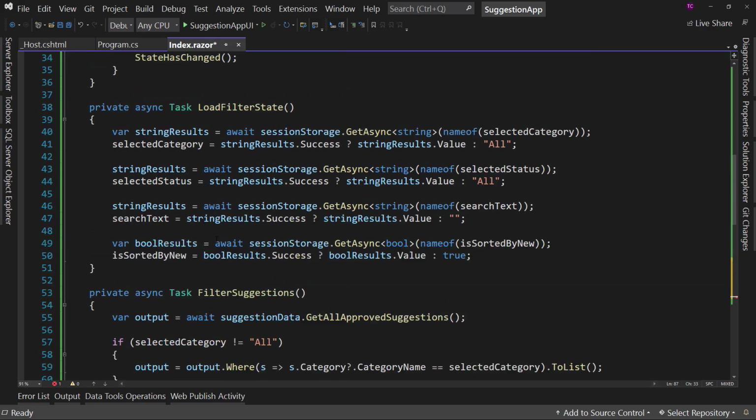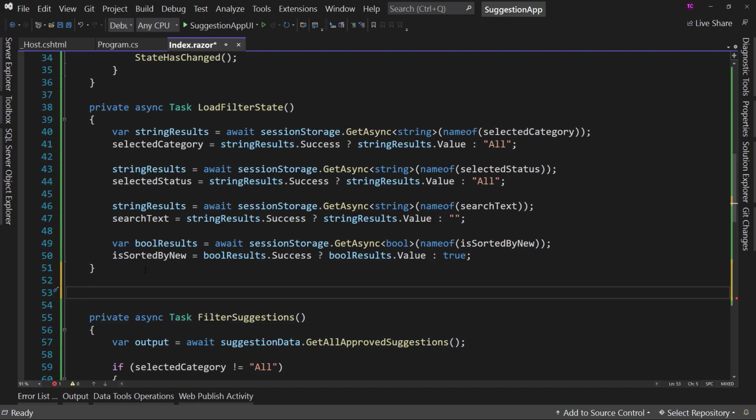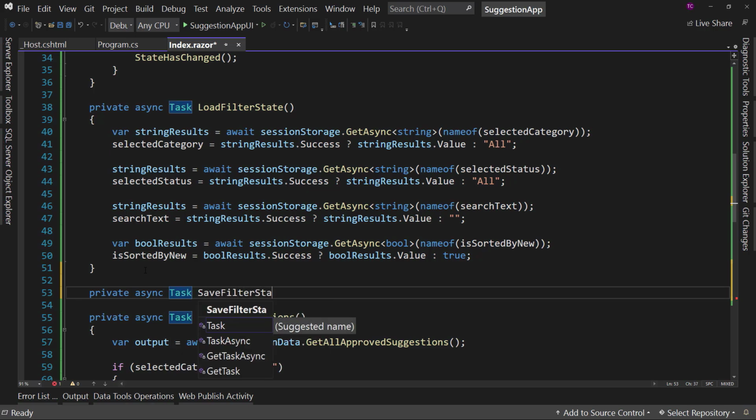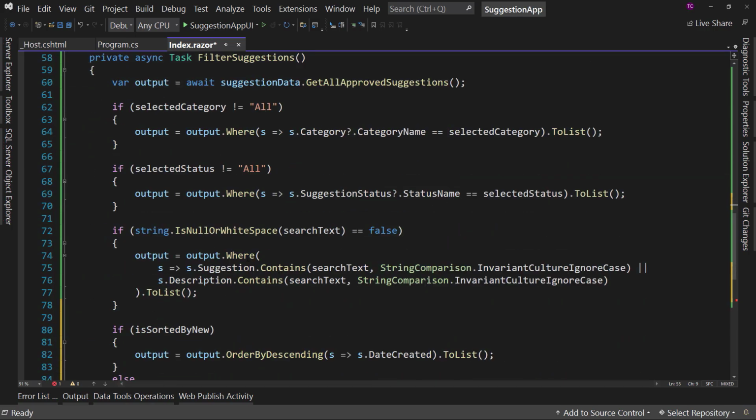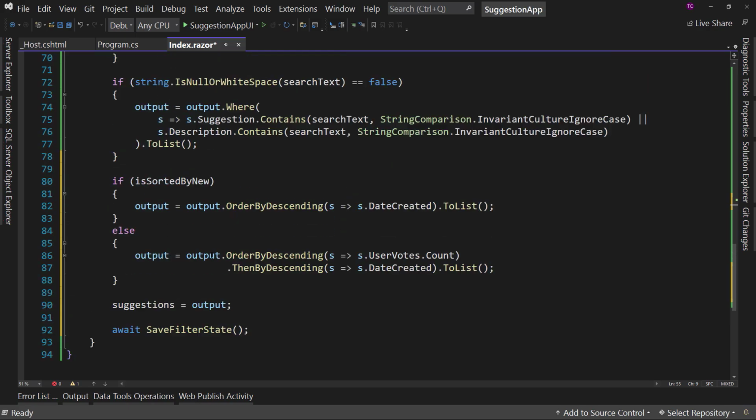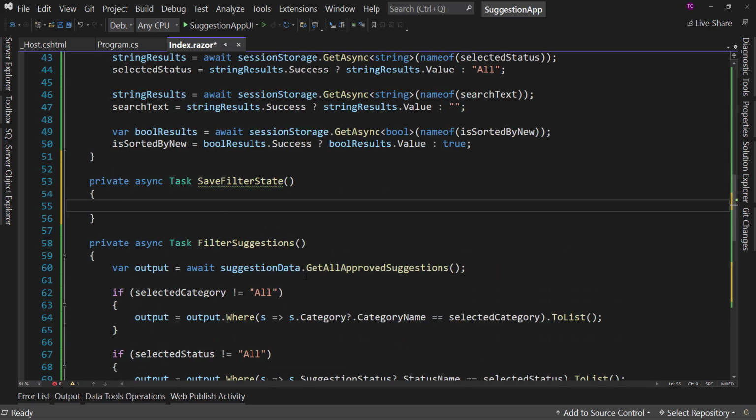So we have up here the LoadFilterState. Let's put it right after. Order does not matter here, but I like to keep things close if I can. Private async task SaveFilterState, like so, and that should make this error go away. It does. So now in the SaveFilterState,